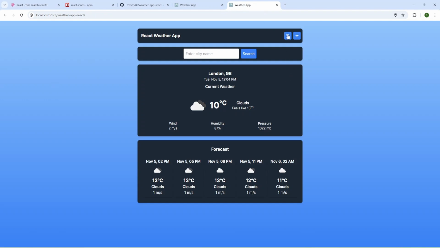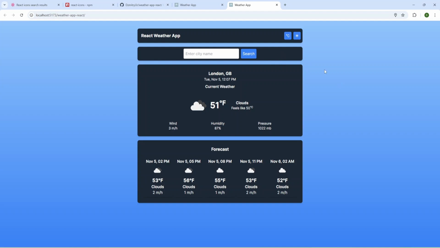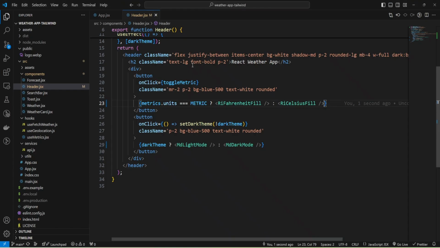And we have this Fahrenheit and Celsius instead of words, but I'd like to make them bigger, and let me do it. For that, I'm going to change or provide some styles.